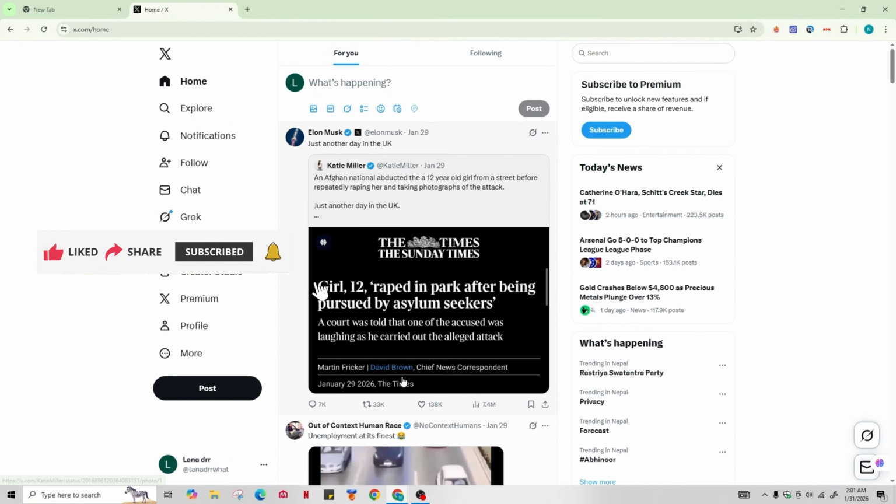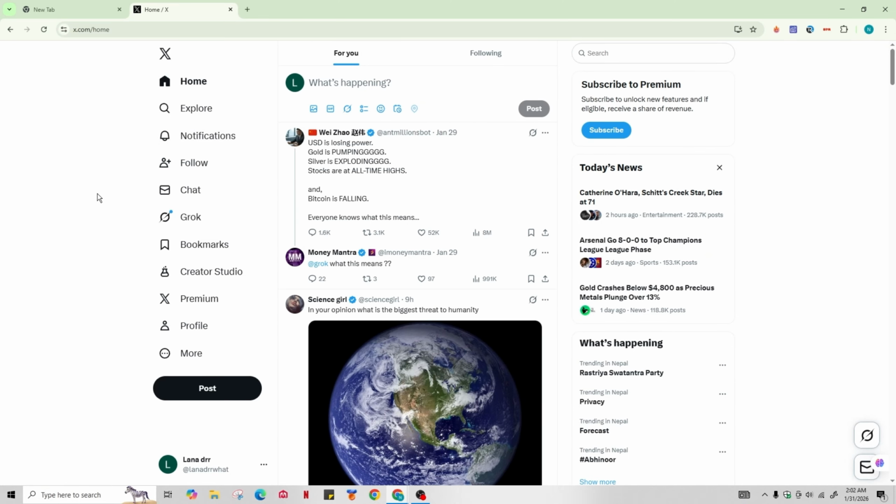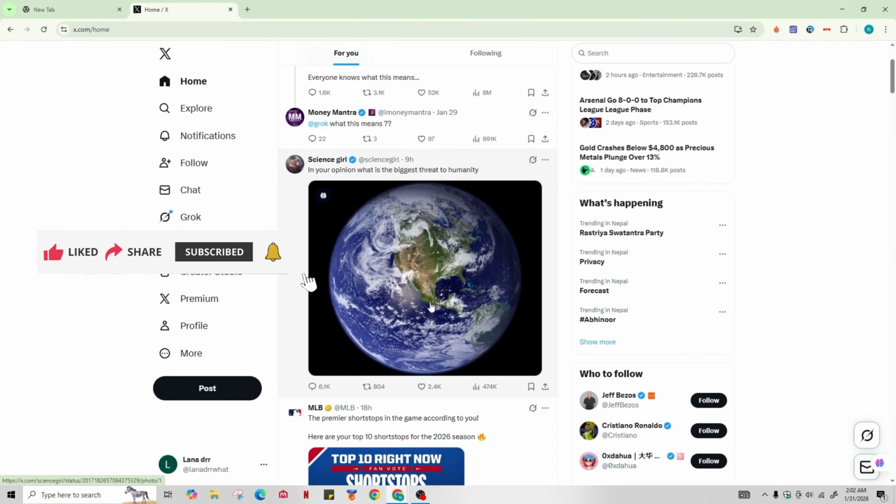If you want to create an X account, you can go ahead and download it on your mobile device, the Play Store or App Store, or you can also use the website by going to x.com, log in or sign into your account if you do not have one. And once you're signed in, you can choose a username as a handle, go through the on-screen instructions, and